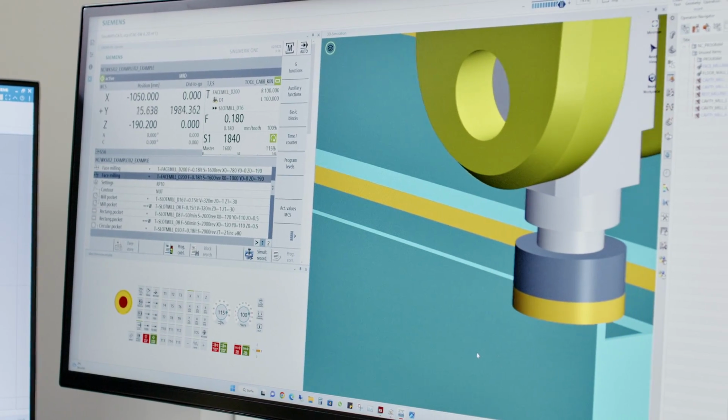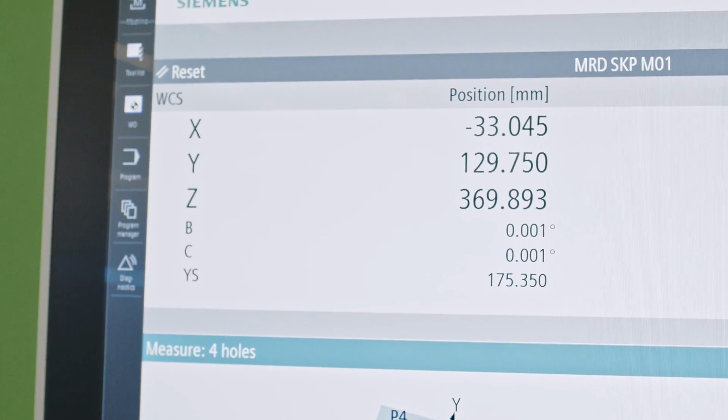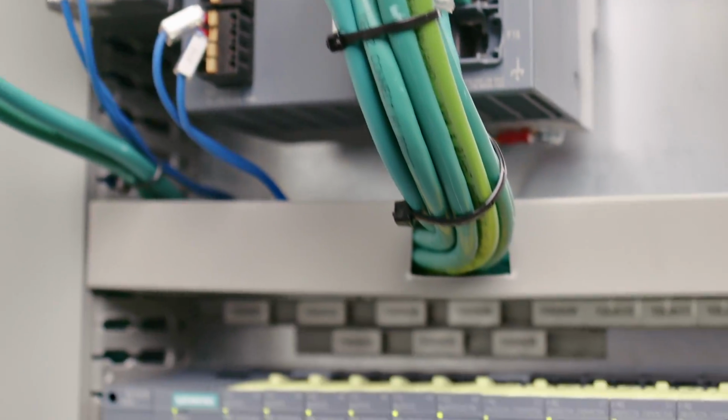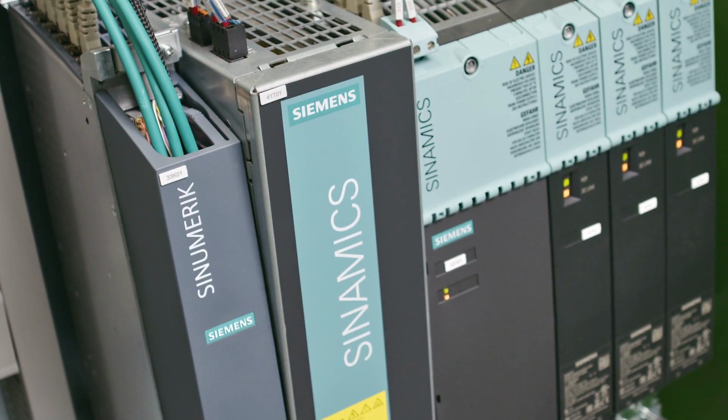Sinomeric One combines the well-known and proven Sinomeric CNC system with an innovative high-performance system platform. Compatibility for machine users was the top priority in the requirement specification. And I must say, my workstation has not changed in the slightest. Not just for the CNC operation and programming. Stocking spare parts has also only been minimally affected. A central goal of the new CNC is to turn manufacturing plants with machine tools into the shop floor of tomorrow. Sinomeric One consistently rises to these challenges.